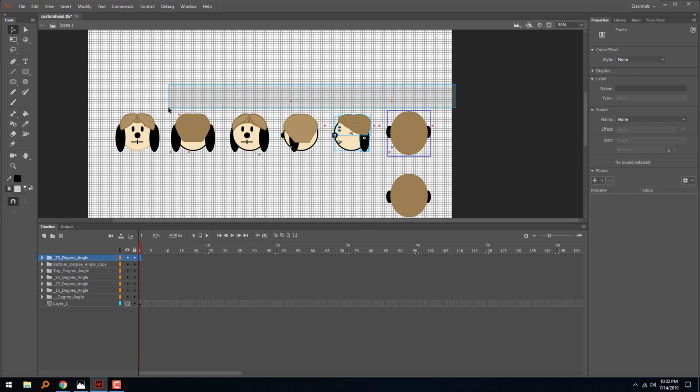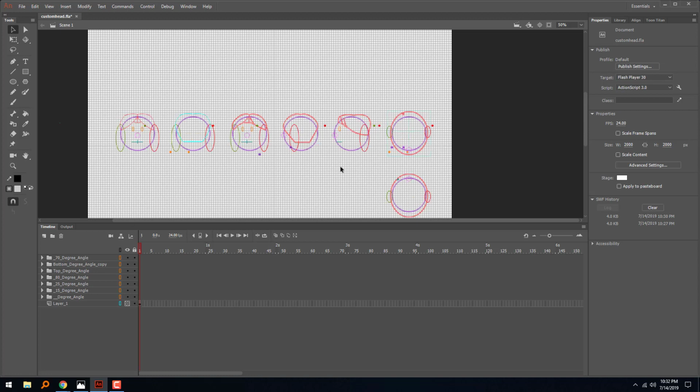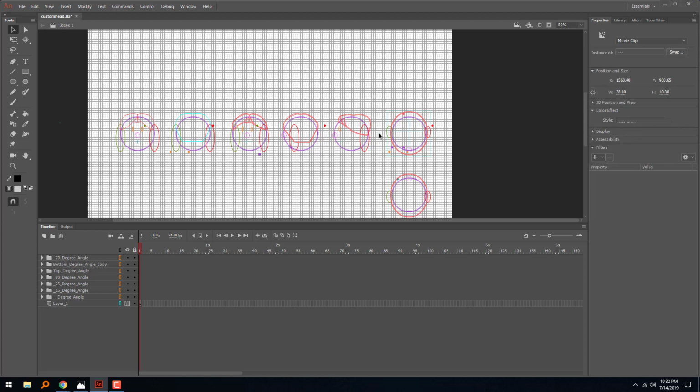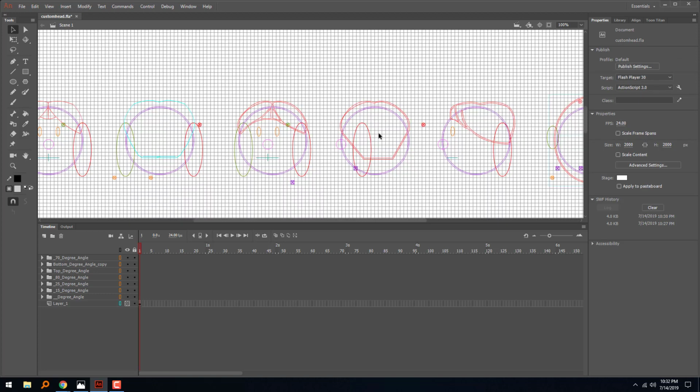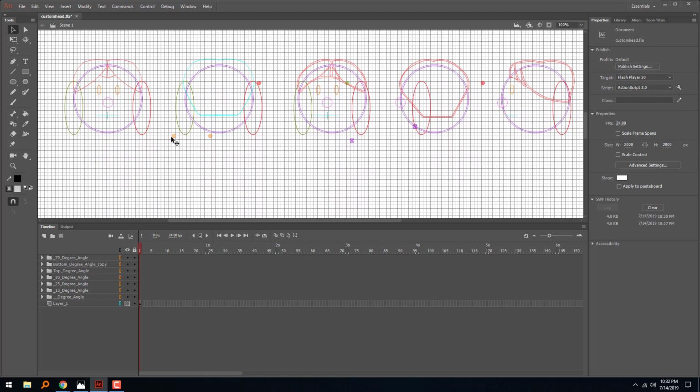Now, some of these pivot points are getting a little bit hard to select. So a trick to get around this is you turn on the outline mode. Once you do that, you can see the pivot points a little bit better, and that way you'll avoid leaving stuff behind that doesn't need to be there. So stuff like this, you're just gonna have to select and click, find them and delete them. Select and delete. So all this stuff you don't need,